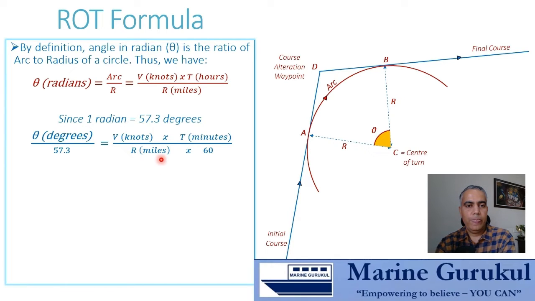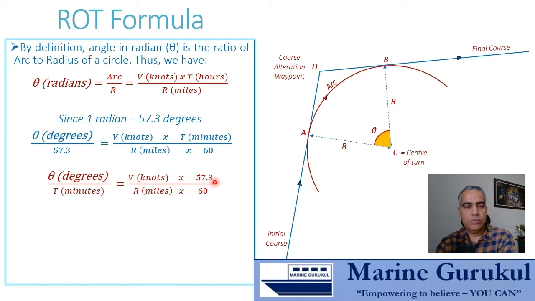So in the denominator we have the radius as usual in nautical miles. So you can now see radians have been converted to degrees and the time has been converted to minutes. Now what we do is this t minutes term is taken to the left hand side. It comes in the denominator here. So theta degrees upon t minutes is equal to v knots